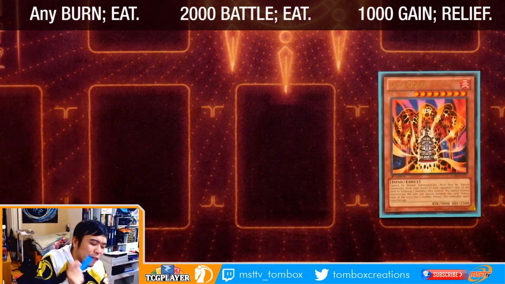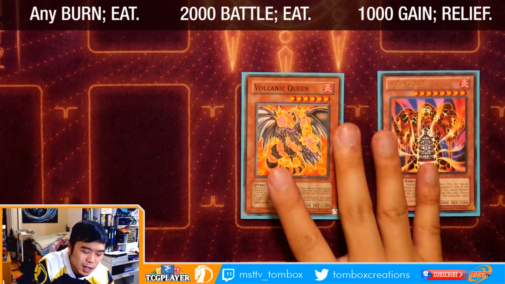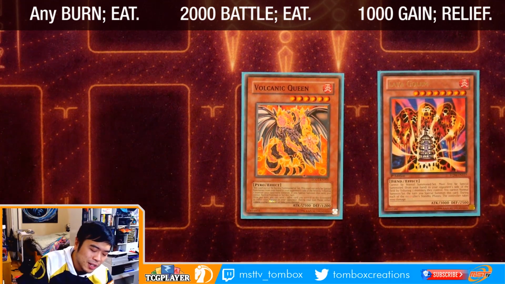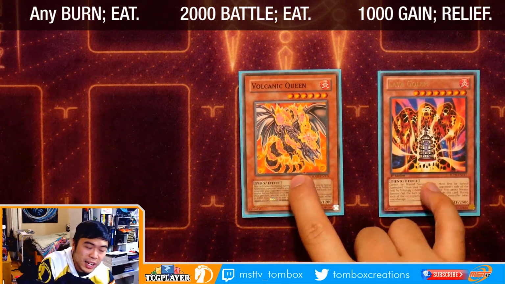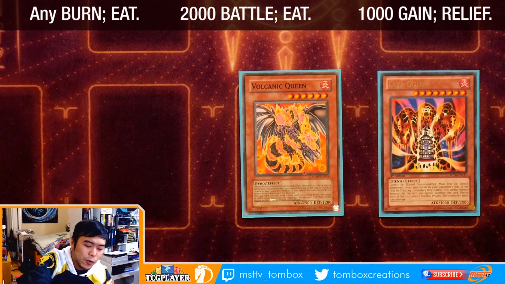Of course, we're going to have Volcanic Queen, because why not? These ones are here to maintain, and these ones do have over 2,000 attack points, but they do come at a cost of either losing some monsters or taking 1,000 damage. And this one's guaranteed 1,000 damage, so you need to find some way to remove it, or else you're going